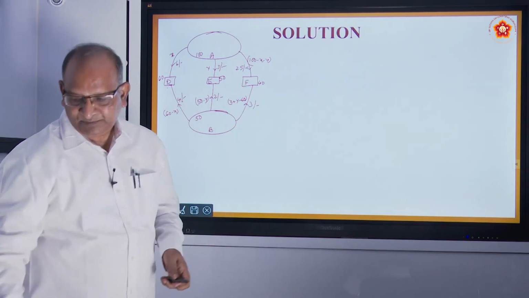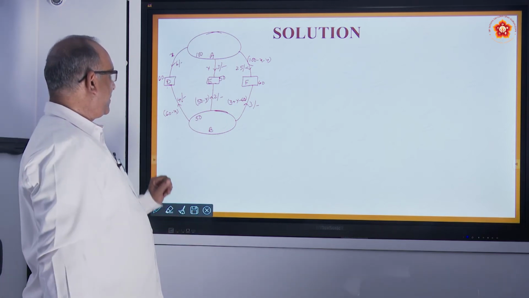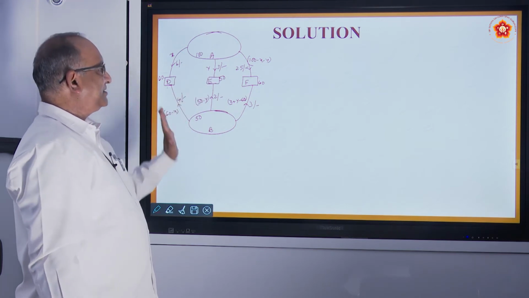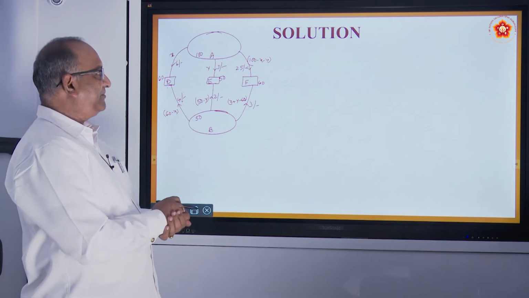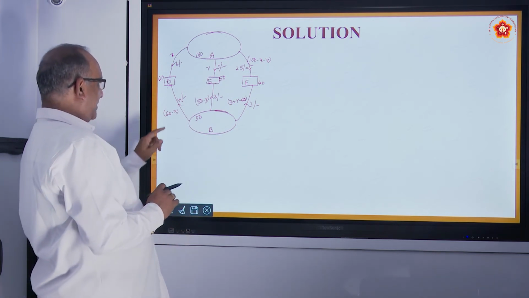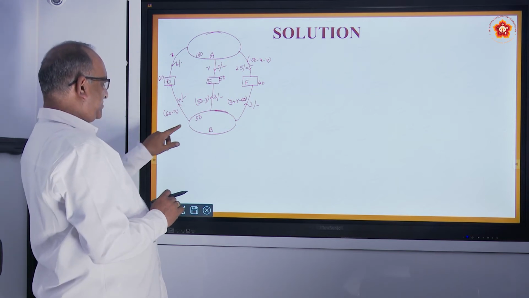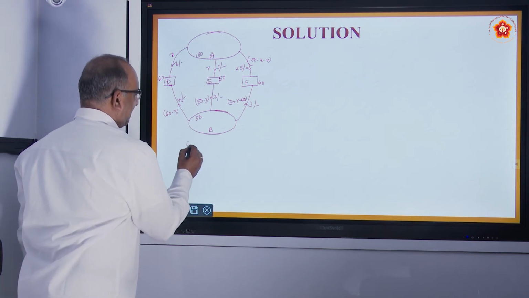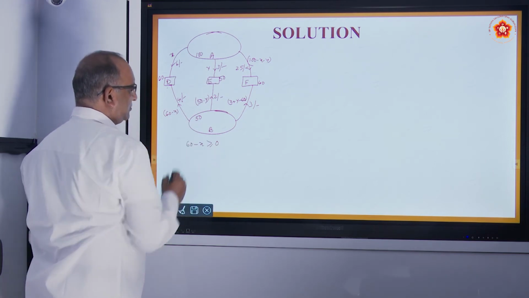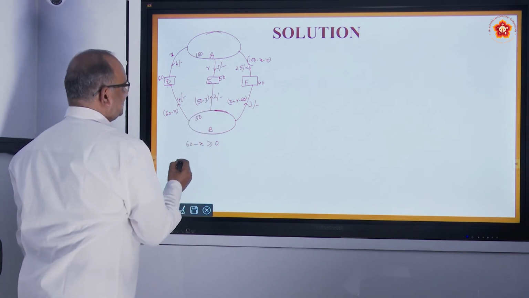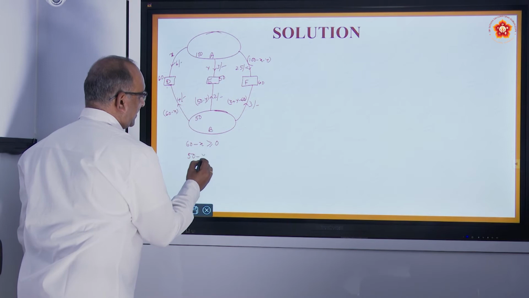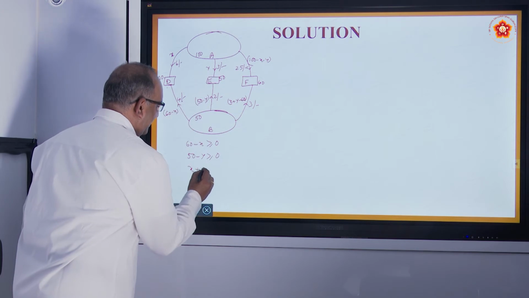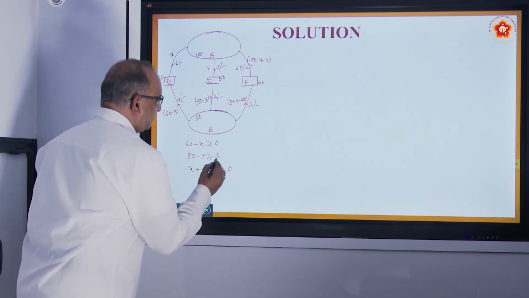This is the diagram. We have written their requirements, we have written the transportation cost, everything. Now let us form the inequations. How do you form the inequations? He says he is getting X quintals from here. So the remaining will be 60 minus X. So this 60 minus X is going to be greater than or equal to 0. Similarly 50 minus Y is going to be greater than or equal to 0. Similarly this third one, X plus Y minus 60 is going to be greater than or equal to 0.